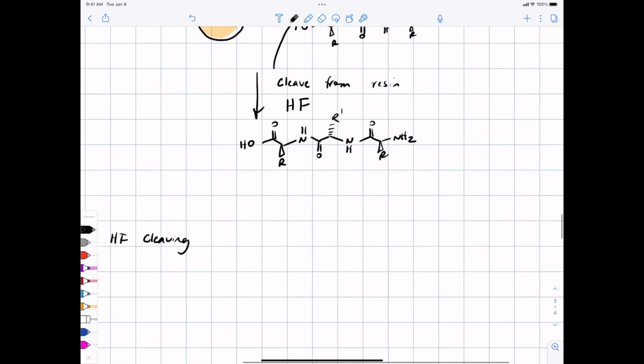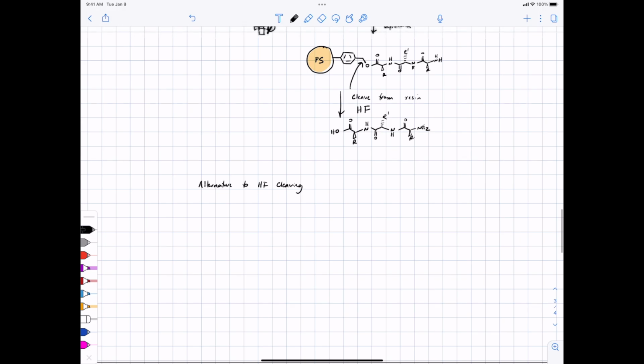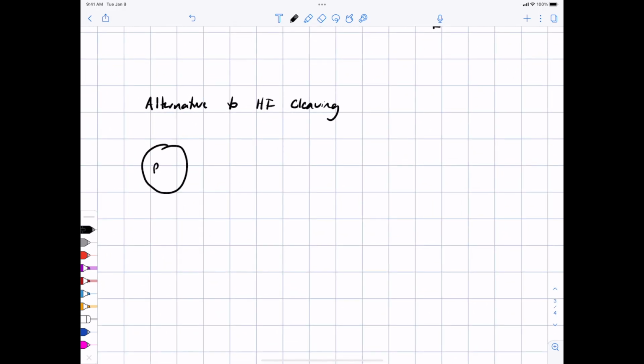Okay, and you got your peptide. So an alternative to HF cleaving is to use a resin where we functionalized... I'm going to get this wrong, so I need to look it up. Okay, got it. So they modified